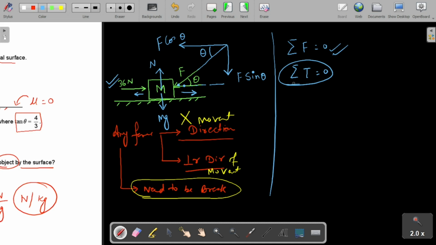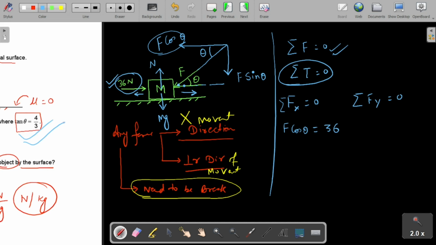Here we have to apply net force equals 0. It means net force along x direction should be 0 and net force along y direction should also be 0. What is the net force along x direction? This is acting towards right, this is acting towards left, so f cos theta should be equal to 36 Newton. Since we know tan theta is equal to 4 by 3,